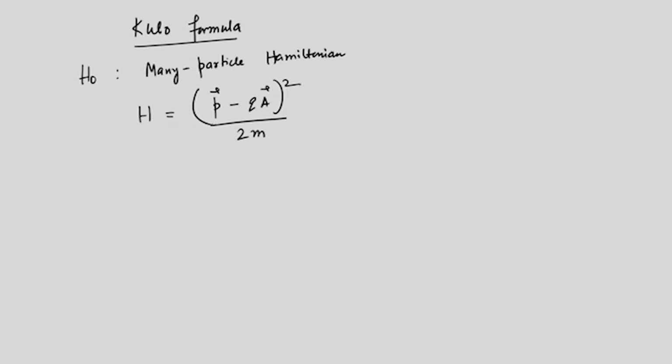If we want to write this specifically for the electron, then we introduce Q equal to minus e. So, this is my Hamiltonian. Now, I am going to expand this. So, this is P square over 2m, and then I have a term, I can write it as e over 2m, and then there is a term like P dot A